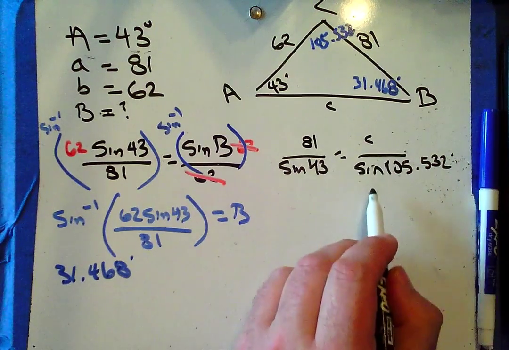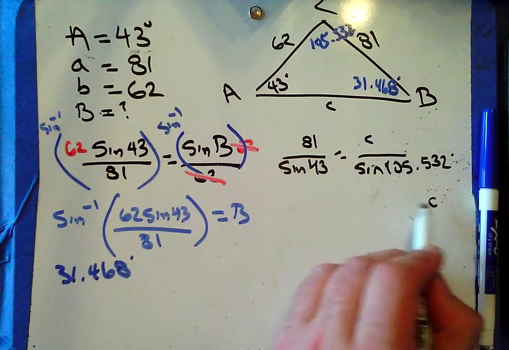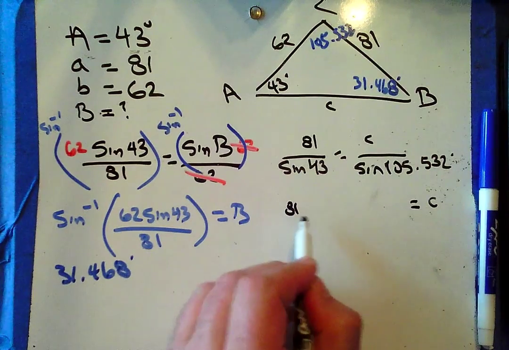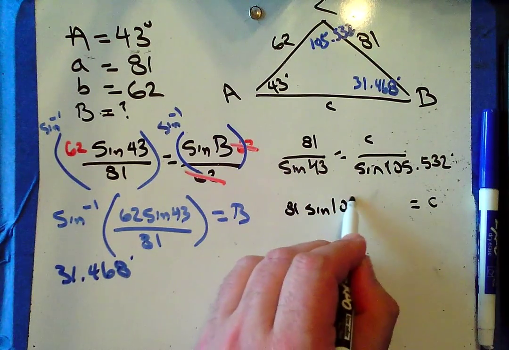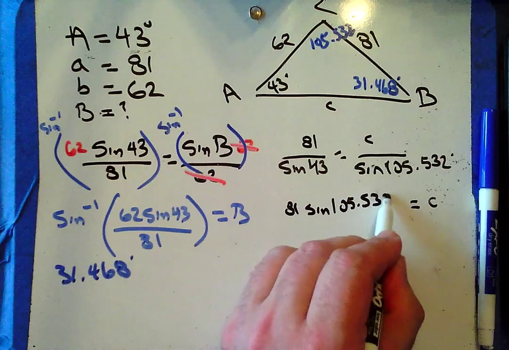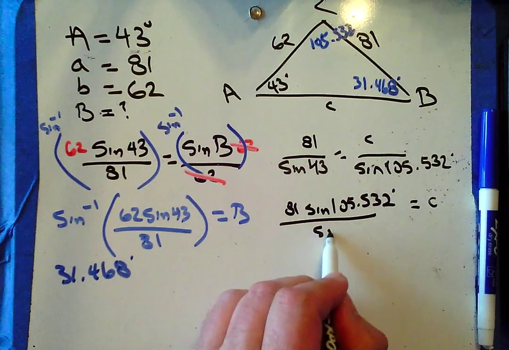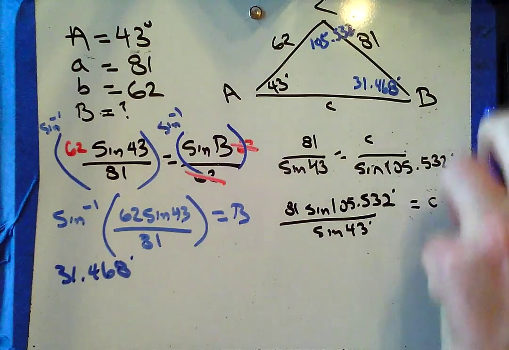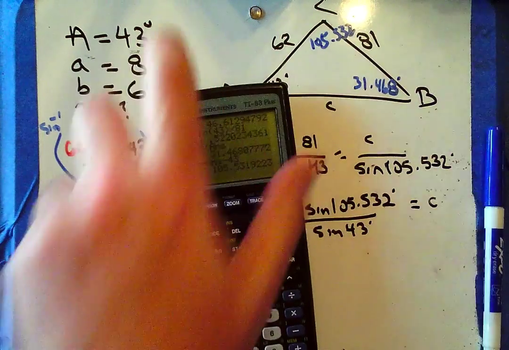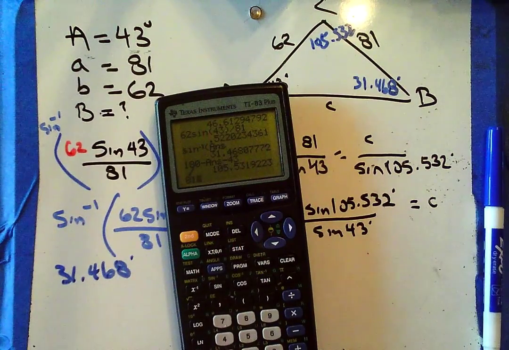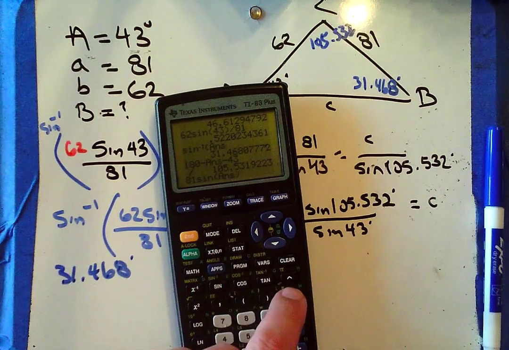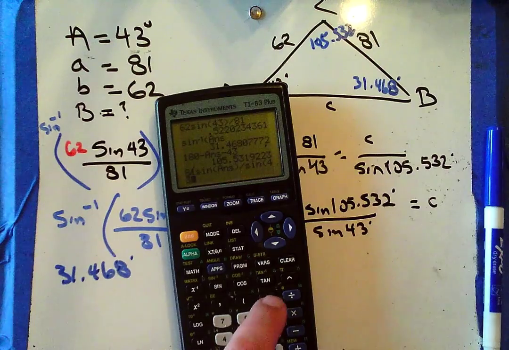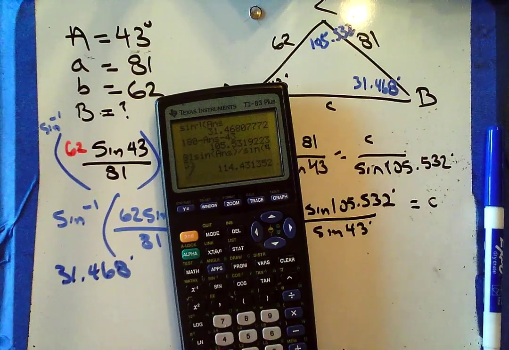I multiply both sides by the sine to get that c equals 81 sine 105.532 degrees over sine of 43. So let's see what we get there. 81 sine of that angle, close parentheses, divided by sine of 43. And I get